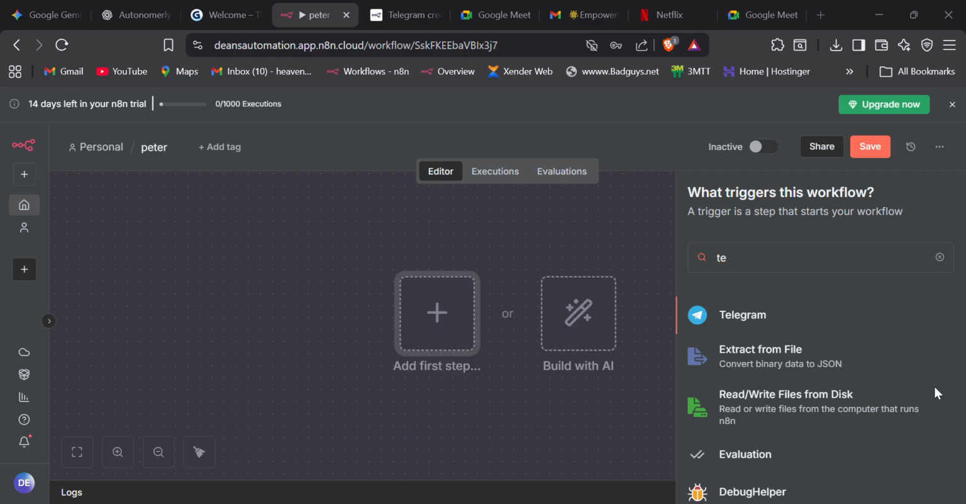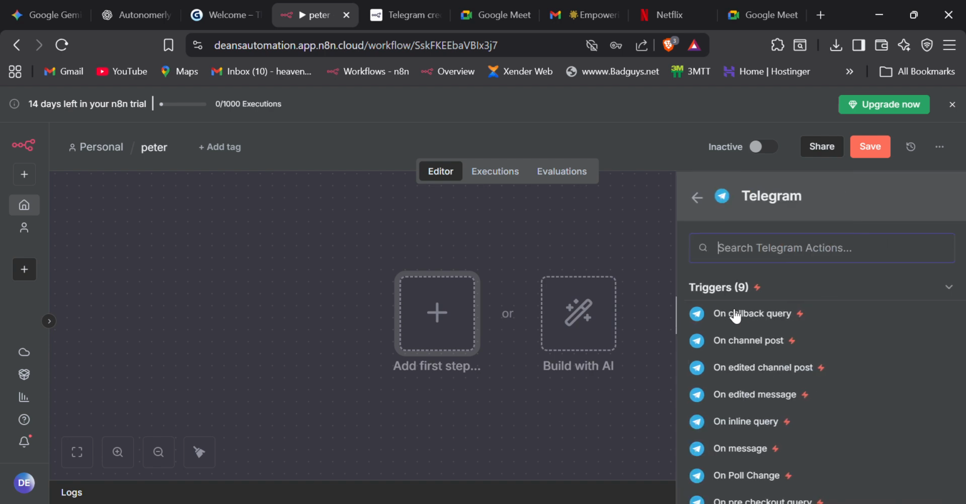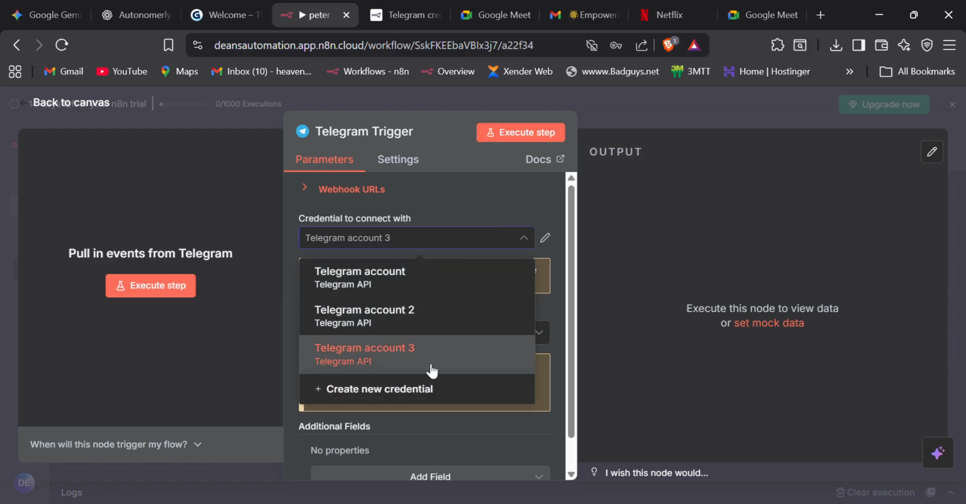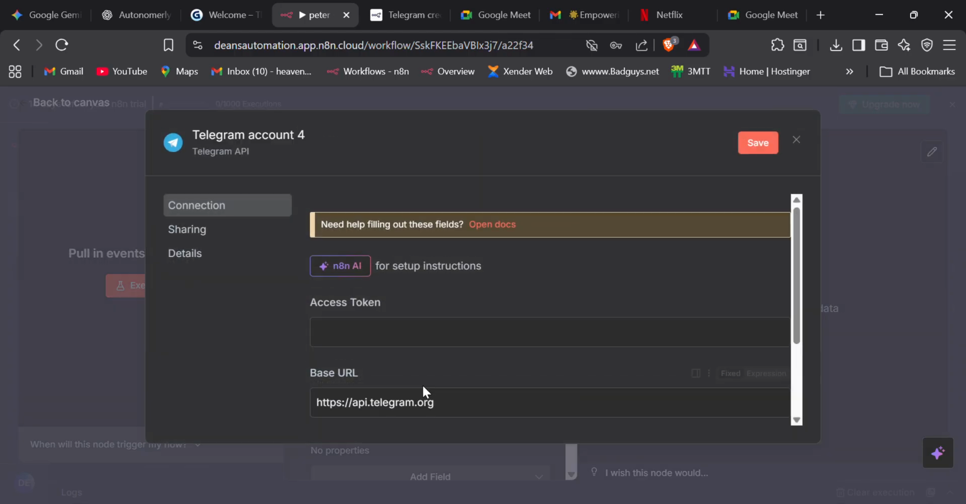Every automation contains a trigger. So this will be our trigger, and it triggers on a message, and you go for credentials. Name your credentials so you can remember it. I'm naming it Dean. Then you go to Telegram,